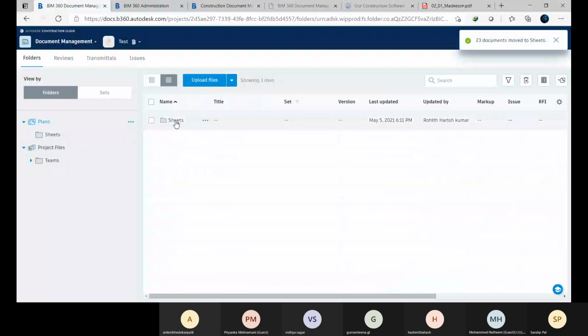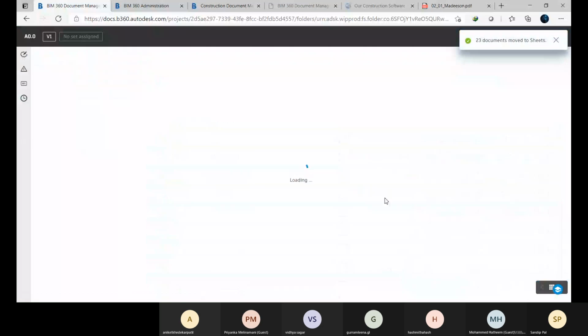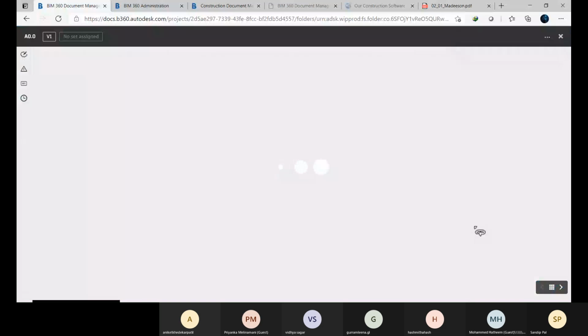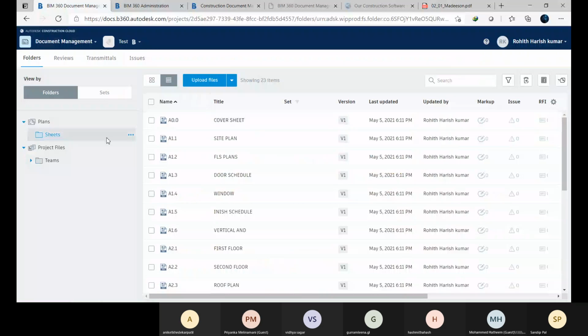So right now these are all moved. Now let me see if I can open any file from this. Okay, so yeah, here I have opened it. So for all this, I will go for